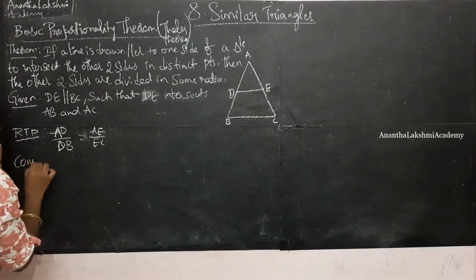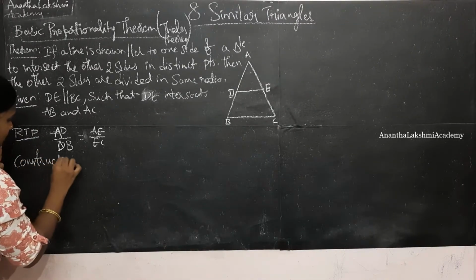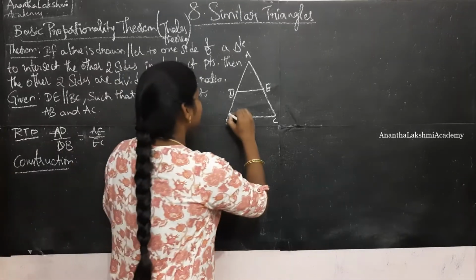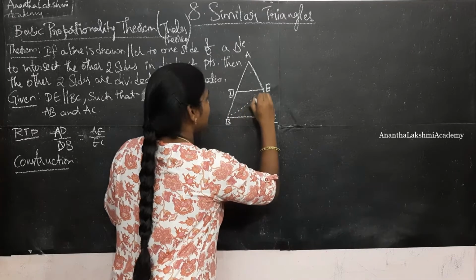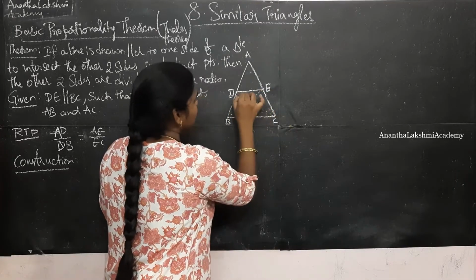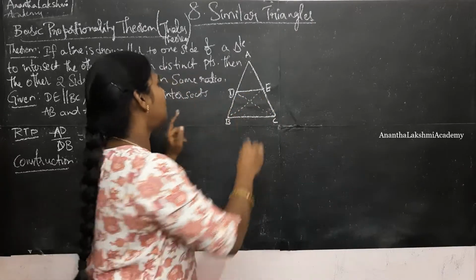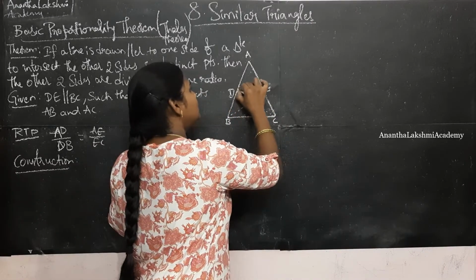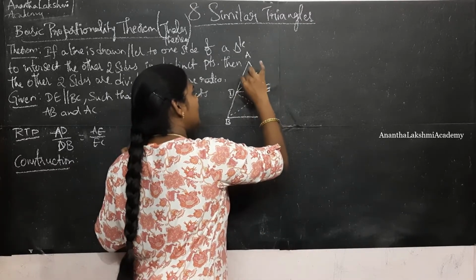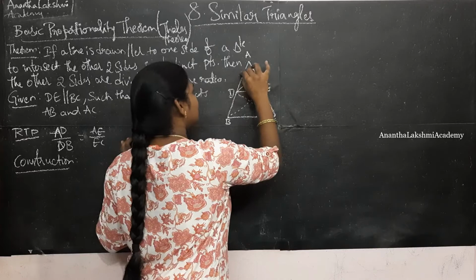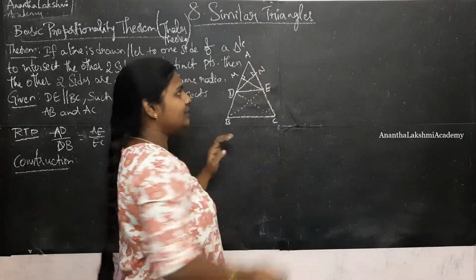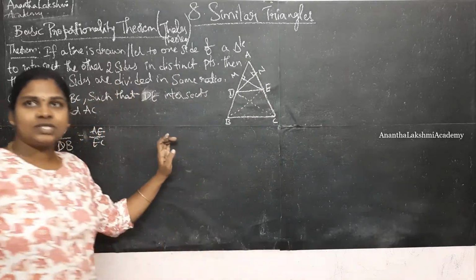Let me write the next section, construction. Okay. What I am going to do is join BE and CD. And draw a perpendicular from D to AE and from E to AD. I am going to name them as M and N. What is a perpendicular? It makes 90 degrees. Okay. So the construction is